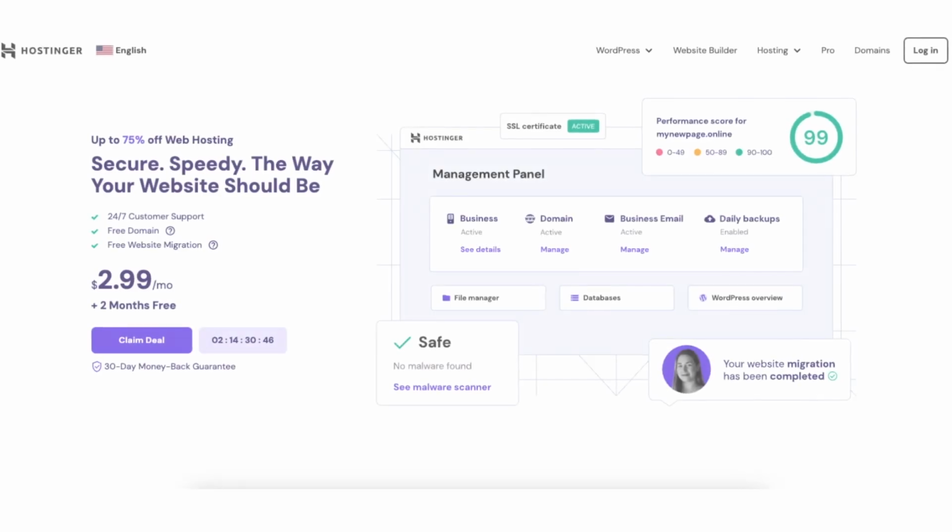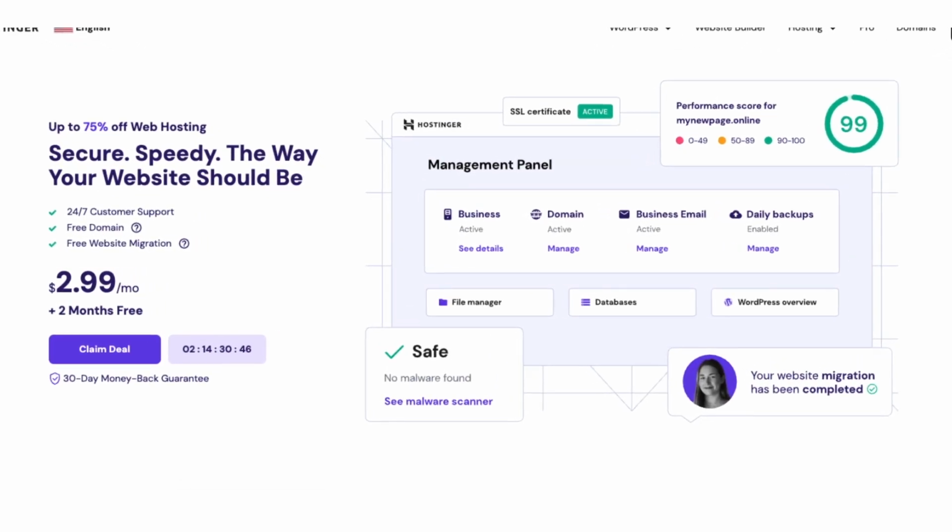Let's get started with the Hostinger WordPress tutorial. The first thing you want to do to build a WordPress website with Hostinger is to click the link in